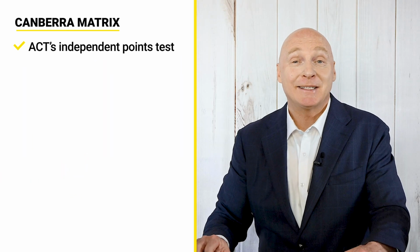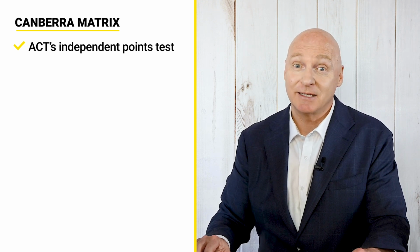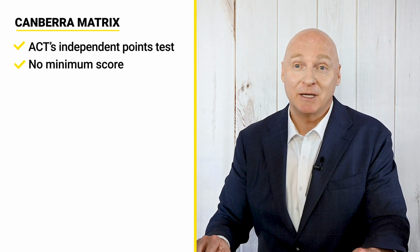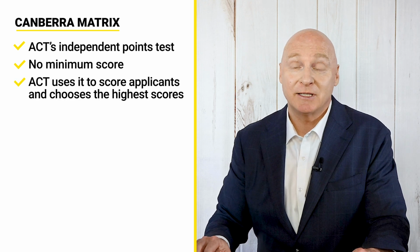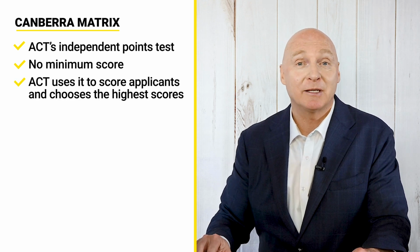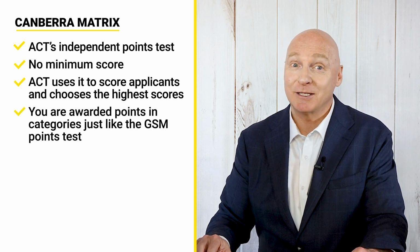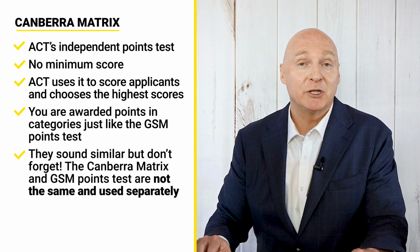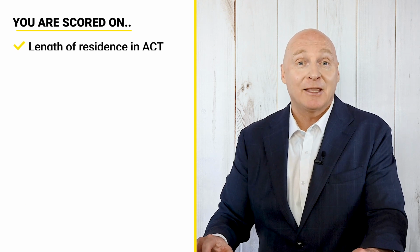The Canberra matrix is yet another points test, and it's not the same as the SkillSelect points test. You are not required to meet a minimum score for the Canberra matrix. The ACT uses this matrix to determine which applicants they wish to select, and as usual, the highest scoring applicants will get picked first. On the Canberra matrix, you are awarded scores for categories such as length of residence in